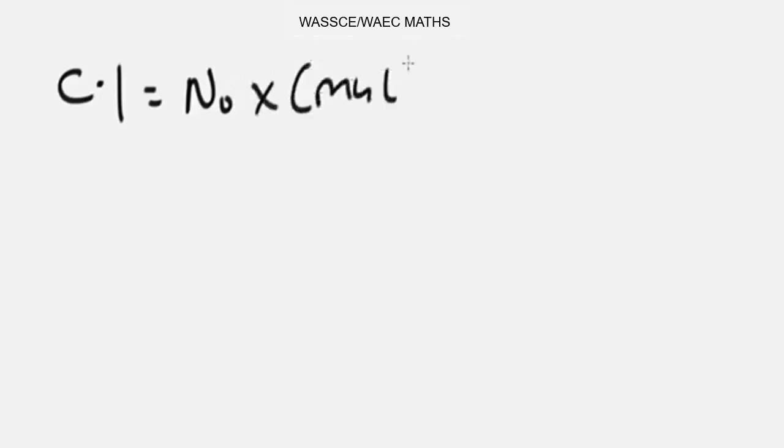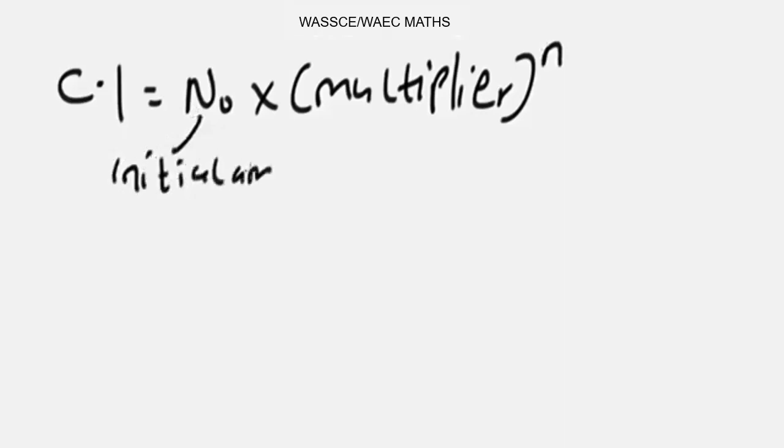Just like in simple interest, the basic formula you can apply to solve problems involving compound interest is this. This is a formula I recommend. This is the easiest one. So we have compound interest equals N0 times multiplier to the power n,